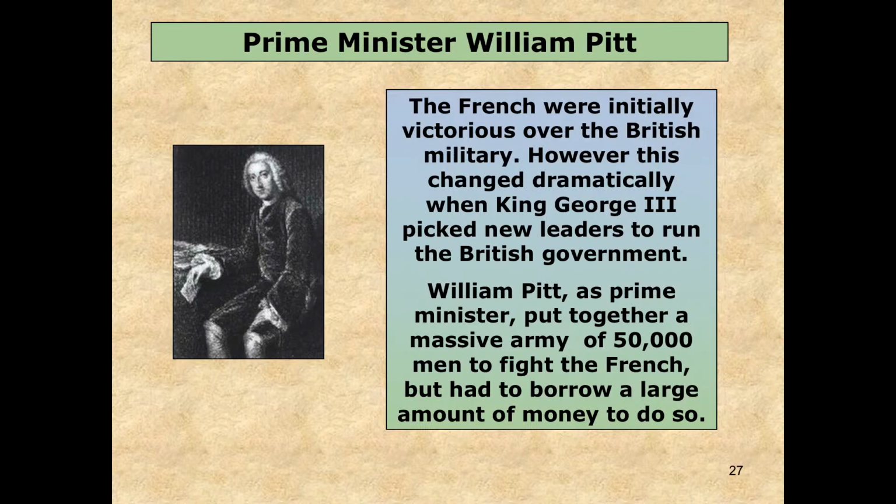William Pitt is going to open up that checkbook, and he's going to write a whole bunch of checks, pretty much take out a whole bunch of loans. And essentially he puts together a massive army of 50,000 men to go over to fight the French. Now we're talking 50,000 men he's going to have to transport across the Atlantic Ocean with their horses and cannons and muskets and food and supplies and everything you can think of, sailing across that Atlantic Ocean. This is going to be hella expensive.